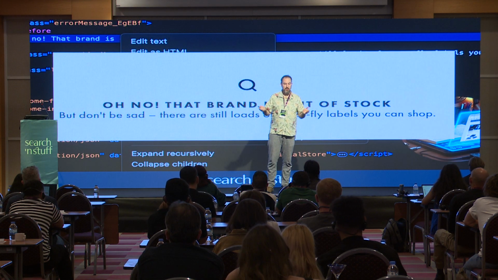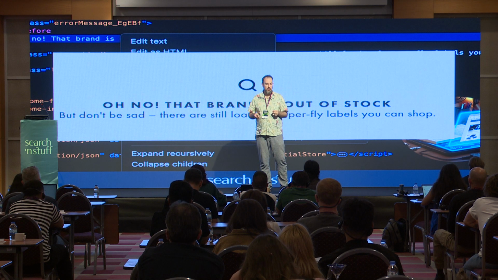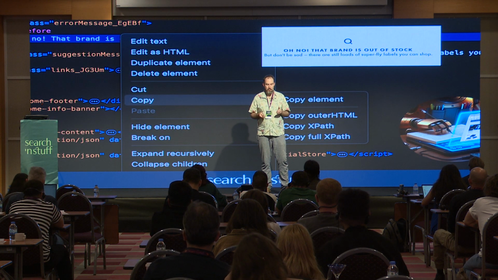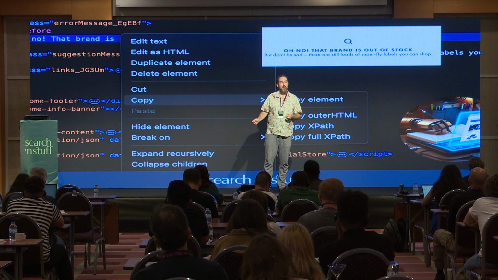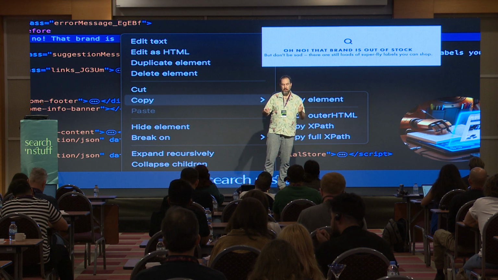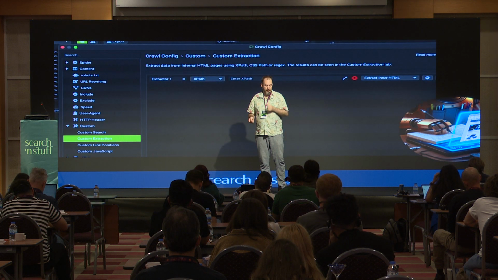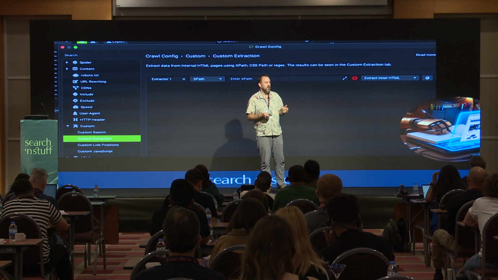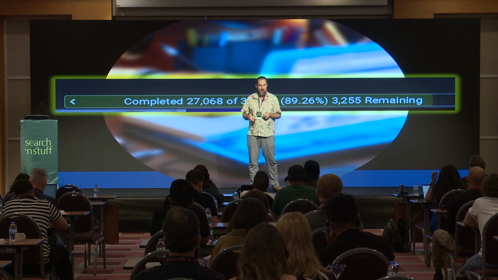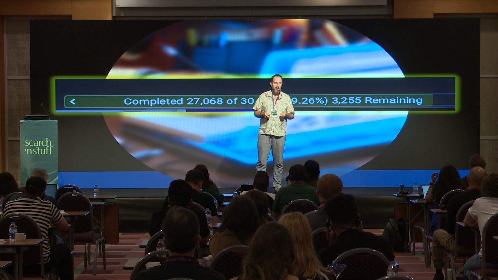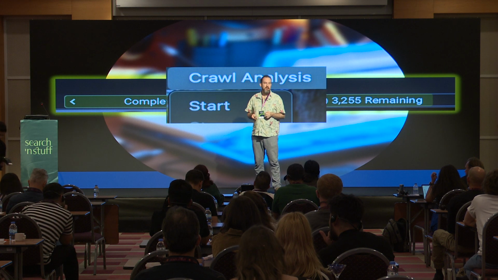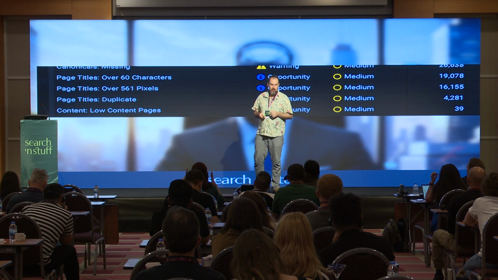And that thing that I said, "oh no, that brand is out of stock", you can find that by using something called XPath in the page, and then you can find every page which has got that, so you can find out where it's linked to, what the problem is, and you can take it from there. So yeah, basically, once you build out this kind of extra crawl information, that's when you actually run Screaming Frog. You complete it, and then you click the crawl analysis. That's always something that's critical to do, and there you go.